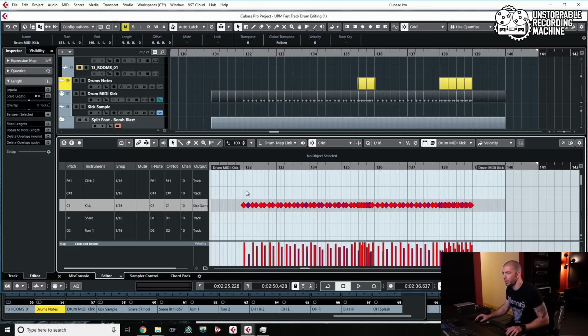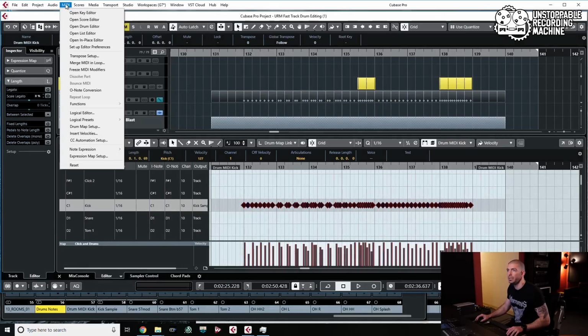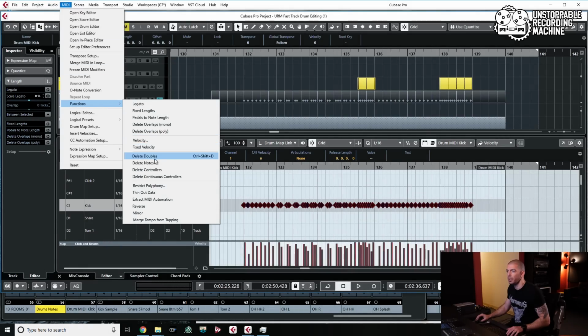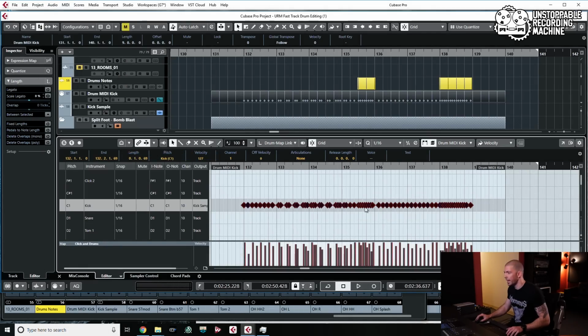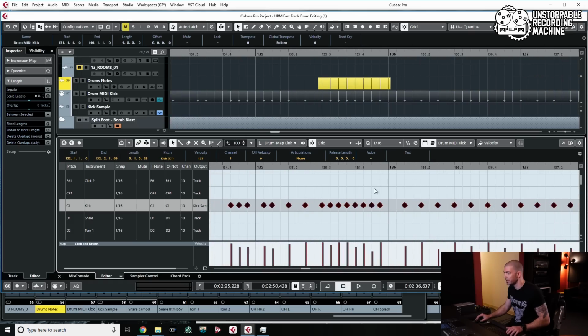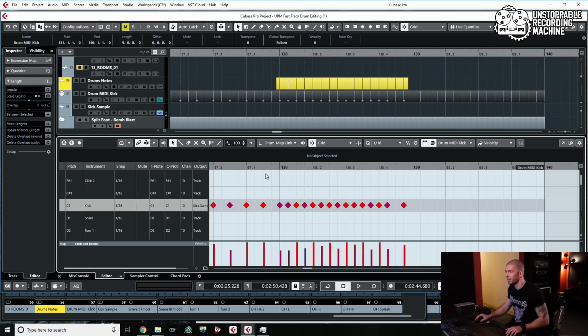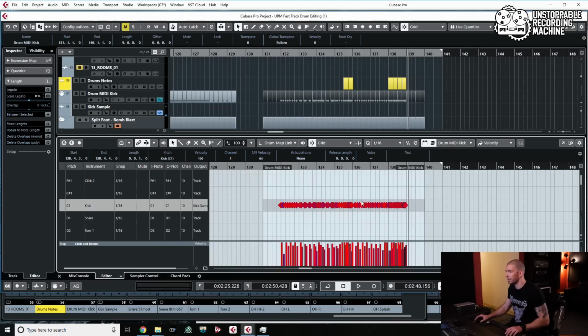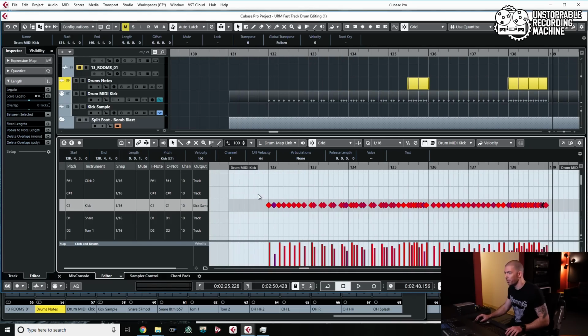I'm going to go ahead and just grab it all and do the same set: quantize, MIDI, functions, delete doubles. And we're going to tackle these downbeat bomb blasts first, because I think those are the easier sections. Okay, so that little chunk sounds good. This little chunk, we're going to add a note there. Cool. Now, the rest of the stuff is enough of a mess that I think we're just going to draw them